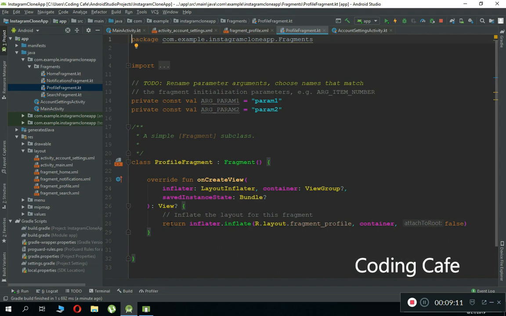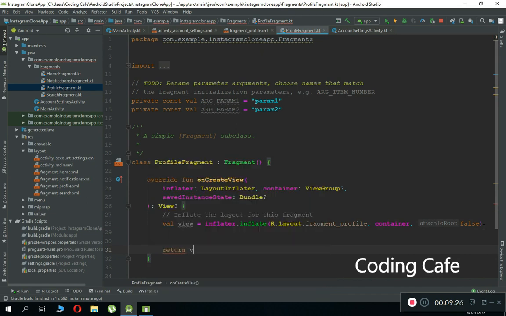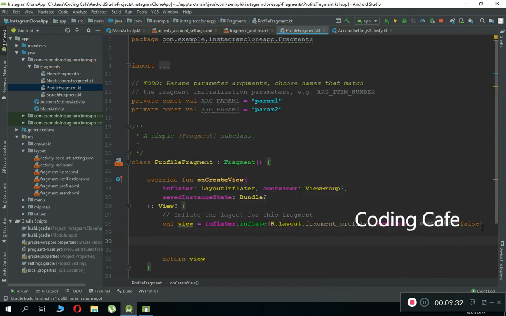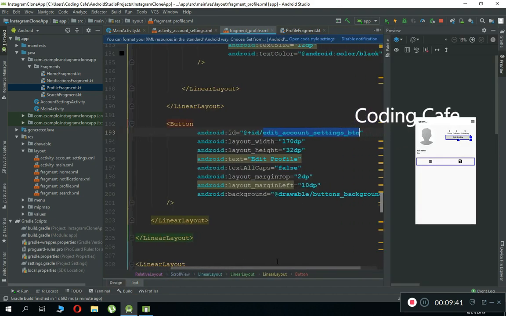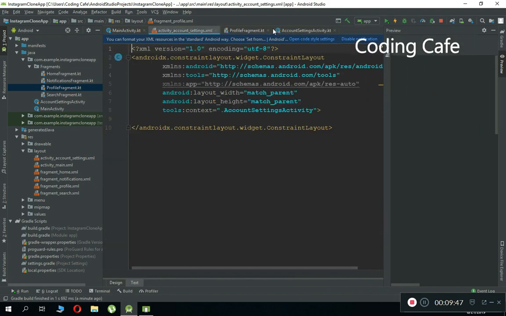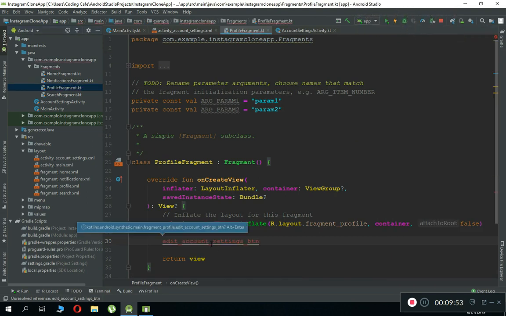So first of all, before moving ahead, here we can say val view equals this, and then after that we can say return view. And then in here we are going to access that button by its name, and then we can set a click listener on it. So for that, let's just come here, and the ID of that button is this one. Okay, so just copy this ID, Control C, and then come back to the profile fragment, and then here we can paste that ID, which is edit account settings